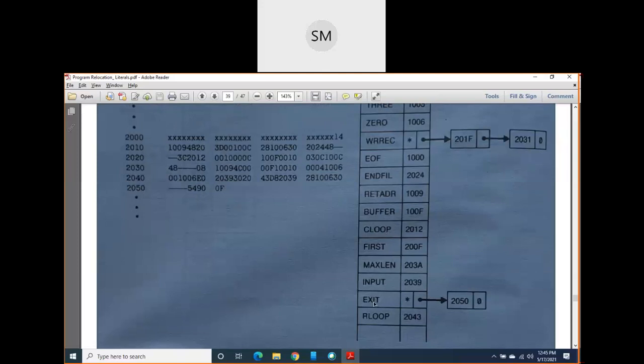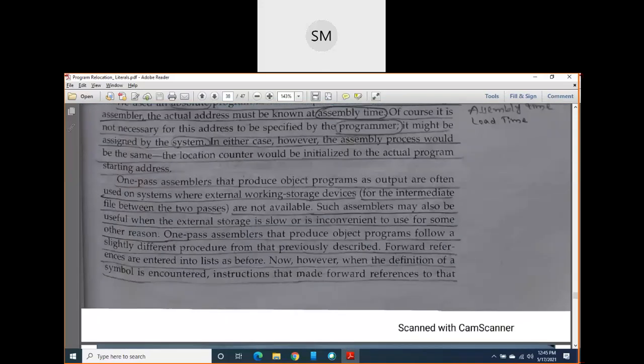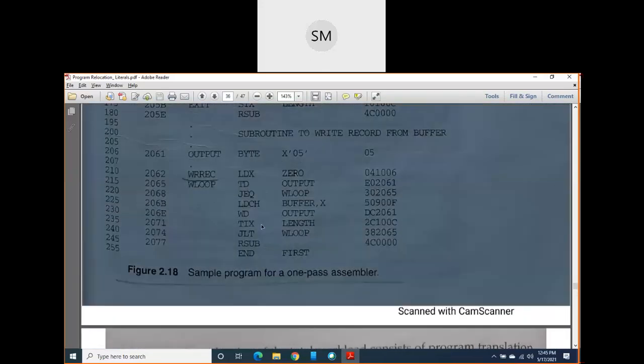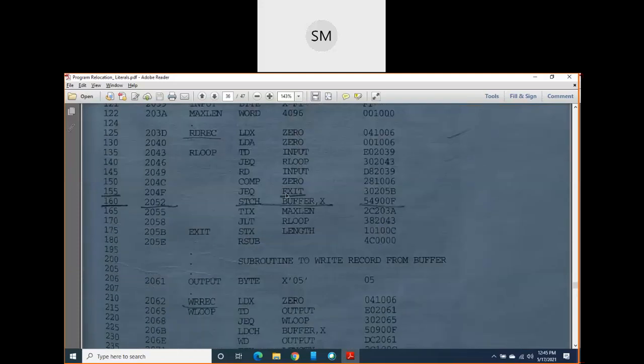Exit is marked as undefined here, and its address is 2050. What is this 2050? It is the address of the instruction in which exit is an operand. Are you understanding what I am explaining? Exit is an operand in which instruction? In the JEQ instruction, and JEQ exit will start to occupy memory from byte 2050.